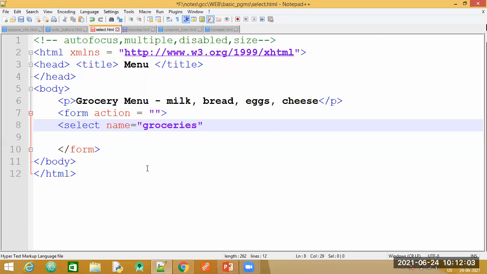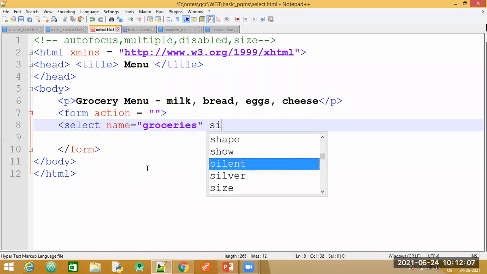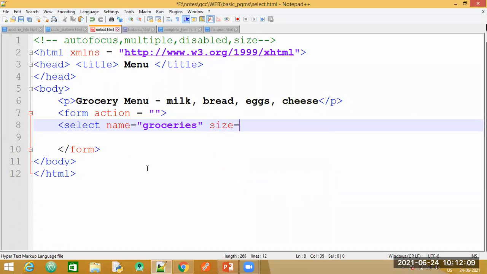I'll make use of the first attribute and let me specify it as size. Every time the drop down list is loaded, I say that let only 2 items be displayed.